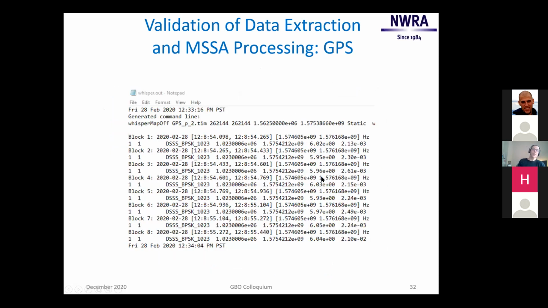And if you just look at what the MSSA is telling you, it's telling me in block 1, I have a direct sequence spread spectrum signal with processing gain of 1023 and this particular rate at this carrier, this SNR. So I don't want you to be impressed that I can detect GPS, but this validates everything Ryan told me about